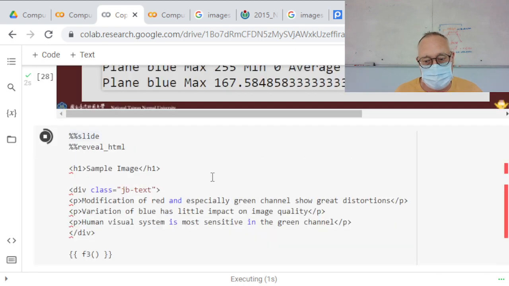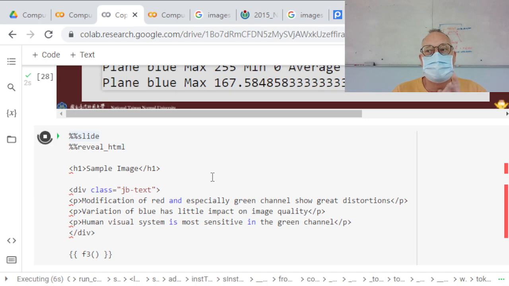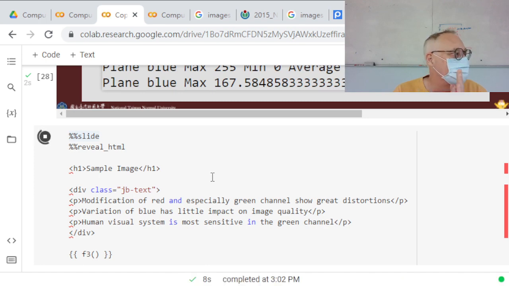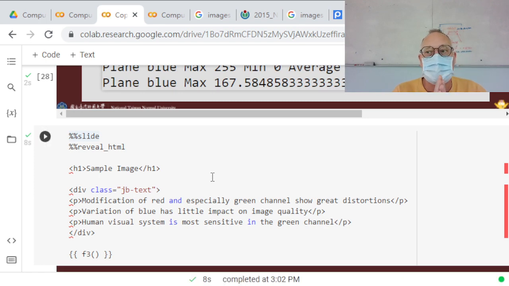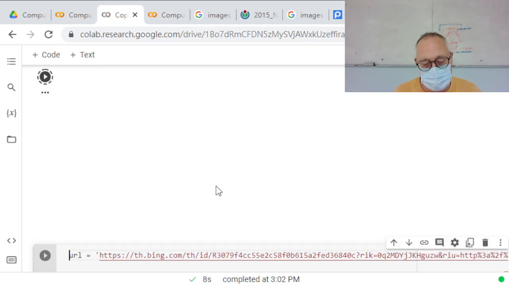So naively you would think that if you compress one channel in a natural image, whether it be red, green, or blue, then the distortion, the effect on the final image should be the same, right? You wouldn't expect that there's some preference on one channel as opposed to another. However, when we actually try it out,